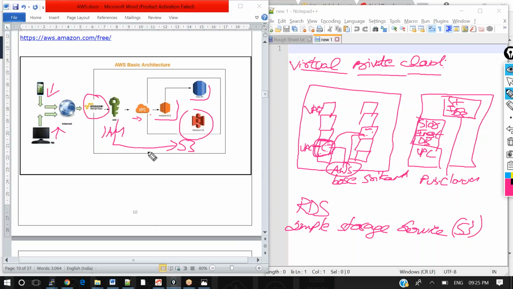So these are some of the main properties of AWS when we are starting initially: IAM, VPC, Amazon EC2, RDS, and S3. This is a very small introduction about these services, but we are going to see those services in detail in the upcoming classes.